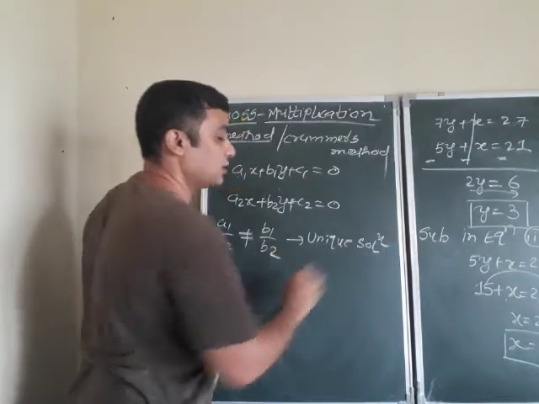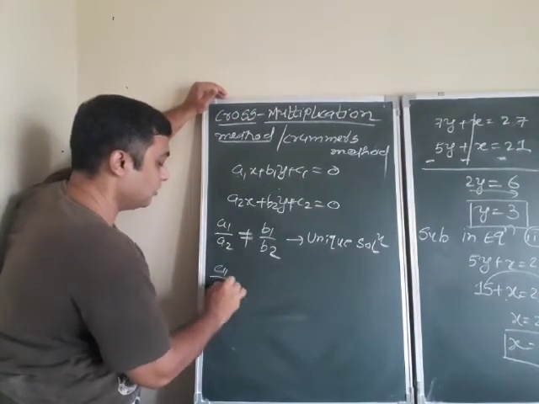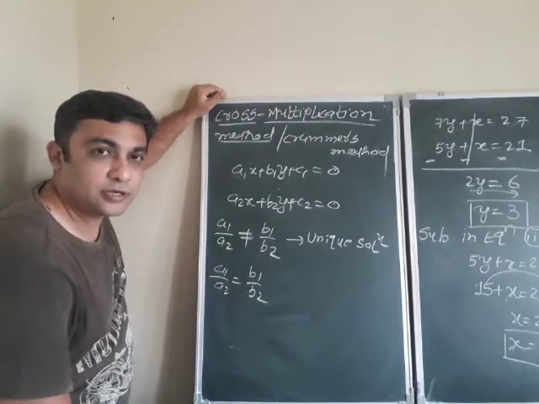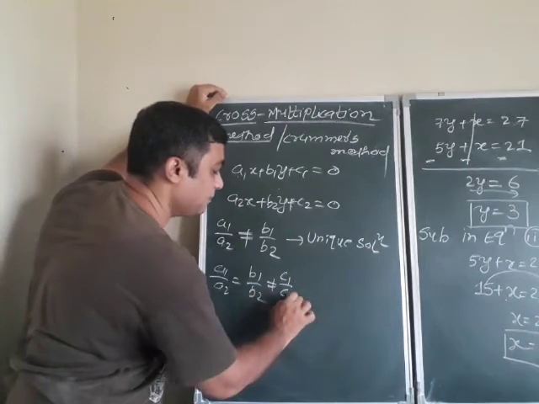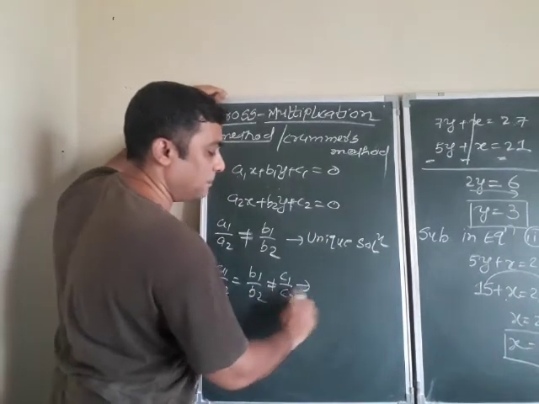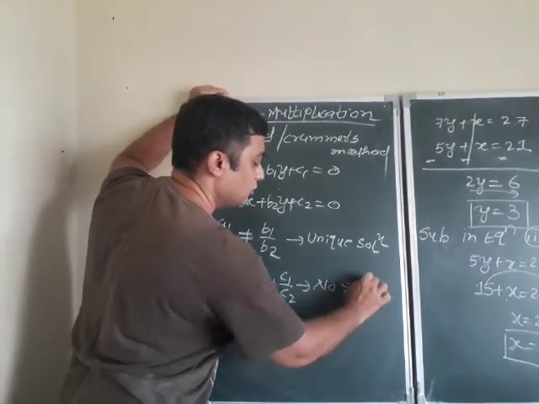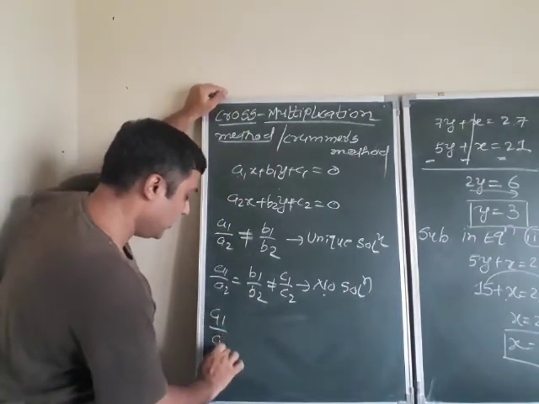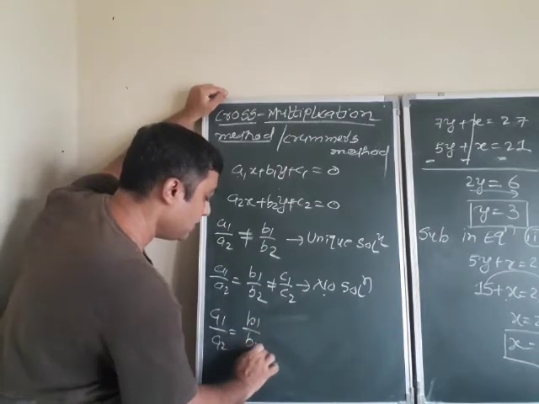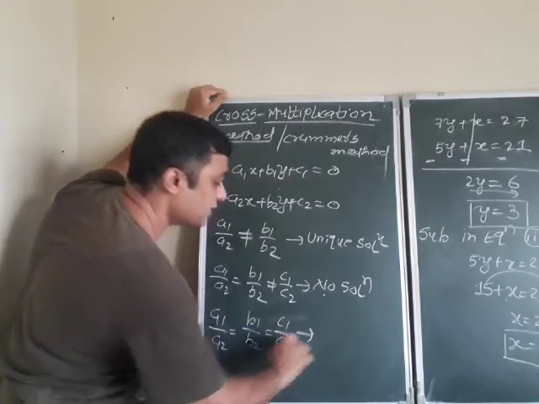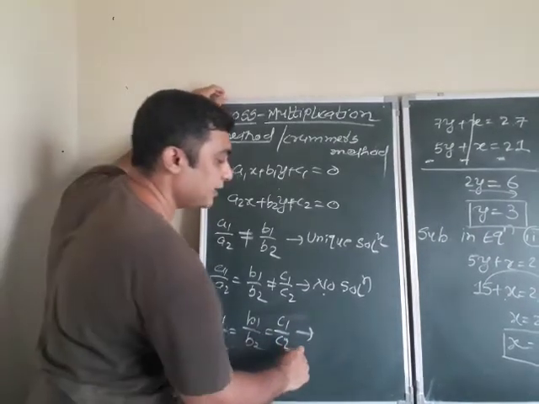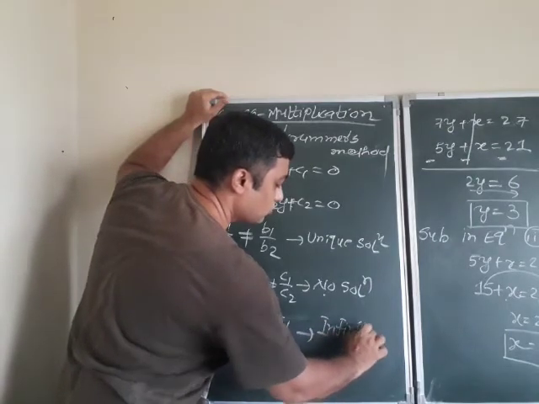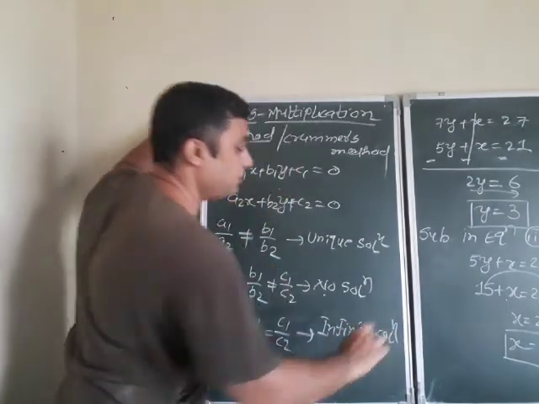Actually, we have already discussed this. Fine. In case these become equal, then everything depends on the third ratio. If the third ratio is not equal at the same time, then these are parallel lines, and parallel lines have no solution. This is called an inconsistent system. And if all three are equal, a1 by a2 is equal to b1 by b2 is equal to c1 by c2, I already taught you, we just revise this, fine. And if all three are equal, then again the system has infinite solutions.